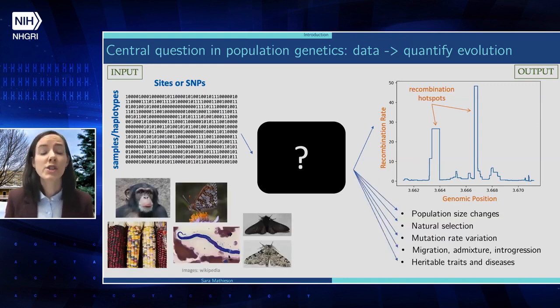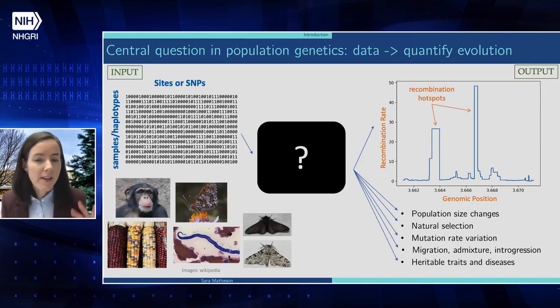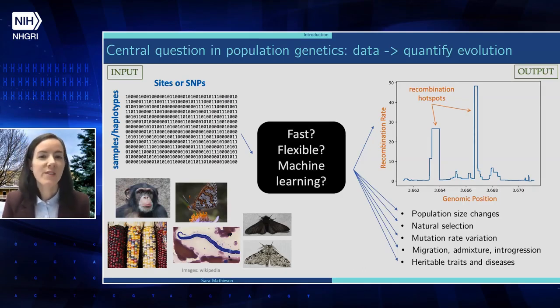I want to do this more generally in any species that I'm interested in, and maybe any evolutionary phenomenon that I'm interested in as well, say heritable traits or diseases, admixture, natural selection. I don't want to have to redo the entire method every time that I change the application or change the species. If I were to think about the properties that I really want for this type of method, I would definitely want it to be fast and flexible,